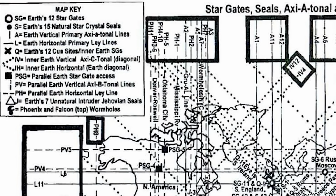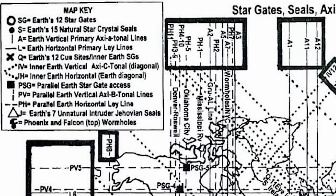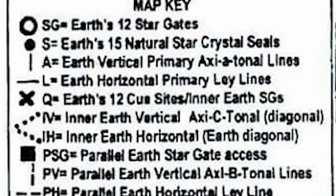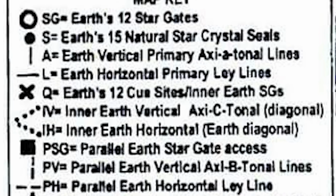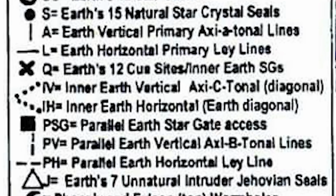It shows on the map there's ley lines, Easter Island, inner Earth horizontal, inner Earth vertical. It's got Machu Picchu on there. Did I say Easter Island? China, North America. There's one thing that really scares me though on there. And what was it? It was Earth 7 unnatural intruder, I believe. Holy mackerel. Okay, it's unnatural. That's alien to me. That sounds like